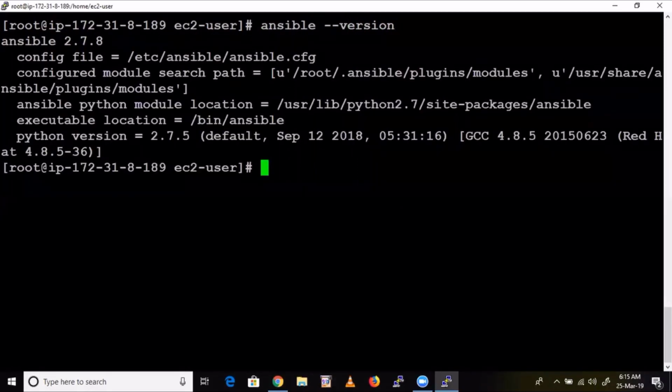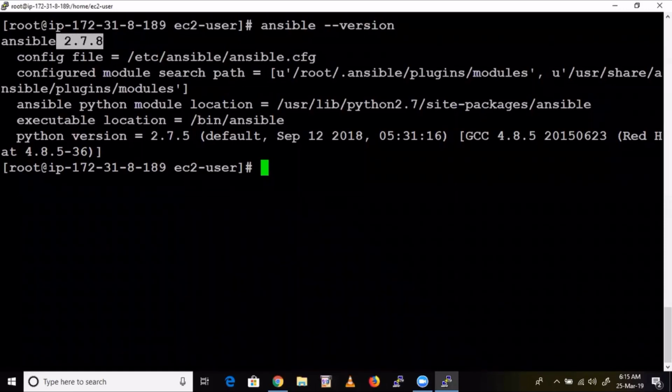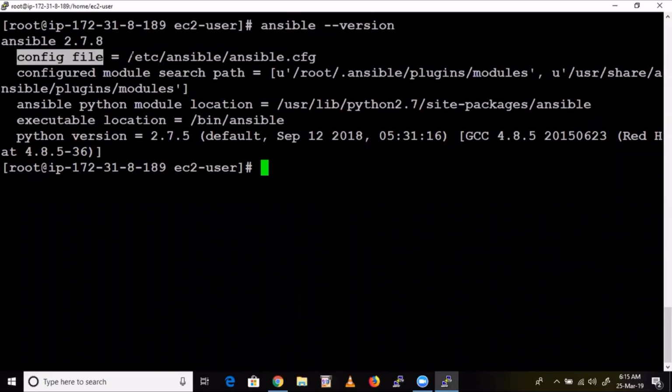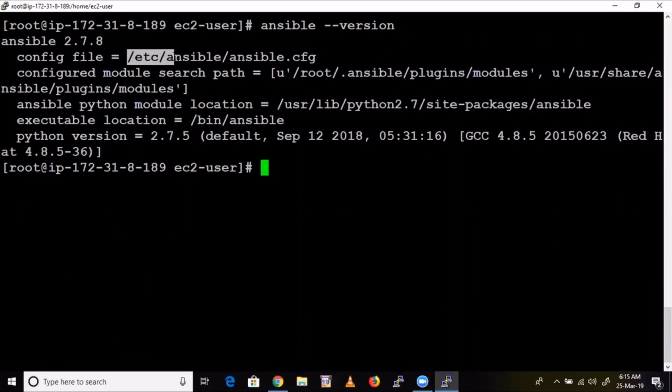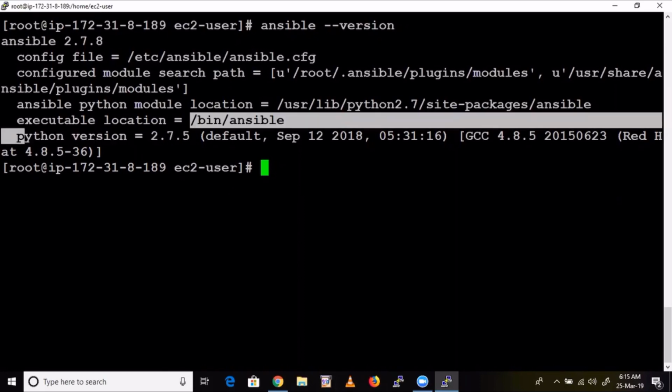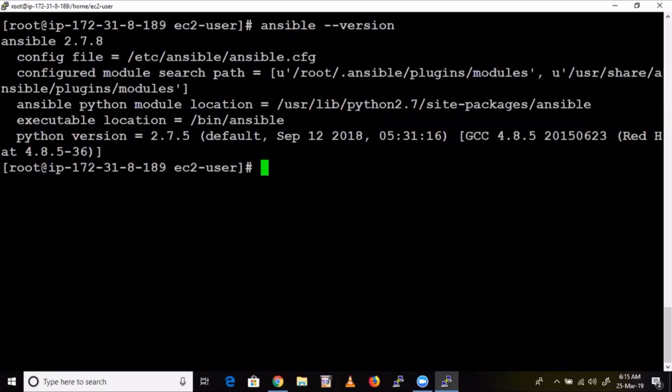Here is the version. Please remember this command, because sometimes they might test you on it. Here the configuration file is given with the complete path: etc ansible ansible.cfg. This is the main configuration file. Python is a prerequisite for Ansible, which is why we installed Python as well.